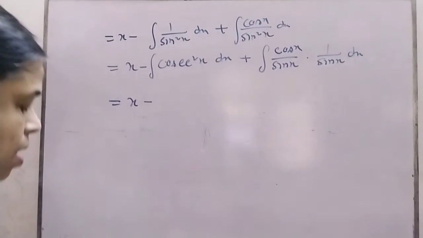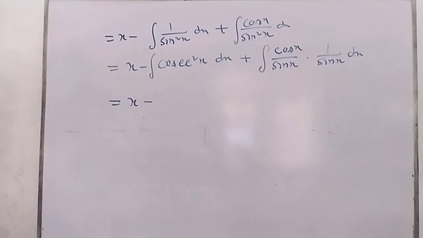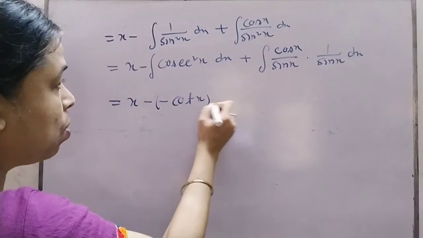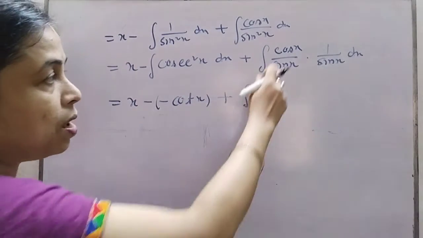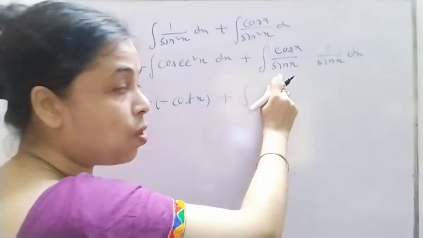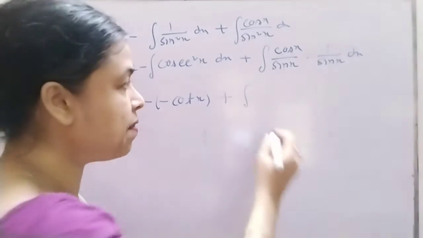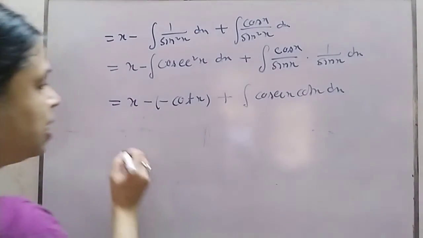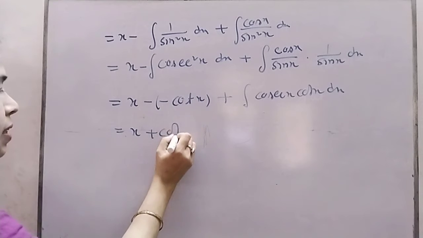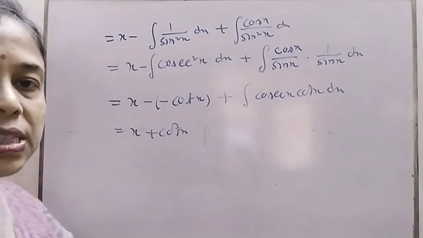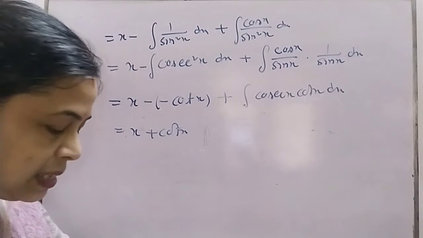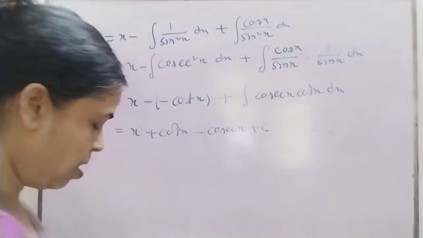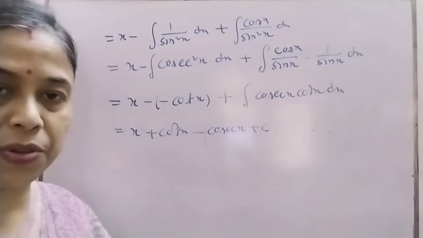Integrate, those are integrable. What is the integration of cosec square x? Minus cot x, isn't it? So minus minus, okay, I'm writing here one mistake, cot x. Plus, it is converted to 1 by sin x, this is cosec and cot. So cosec x cot x, I can write it this way, cosec x cot x dx. This is equal to x minus minus plus cot x. What is the integration of cosec x cot x? It's minus, yes, it is minus cosec x. So minus cosec x plus c, which is the solution of the required question.